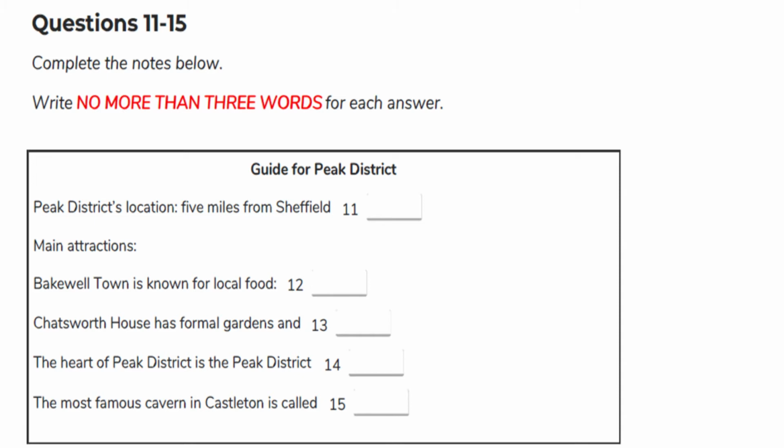On Sheffield's doorstep lies the Palace of the Peak. Chatsworth is quite possibly the UK's most stunning country house, and a must-see for any visitor. The magnificent grounds alone, with their formal gardens, fountains, and maze, are worth a visit.